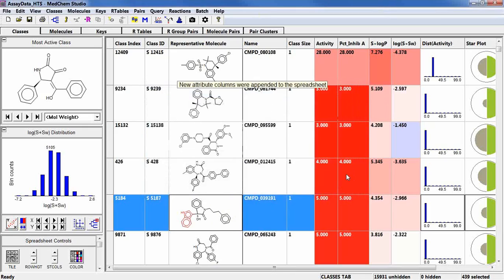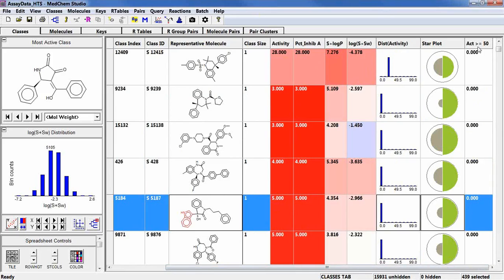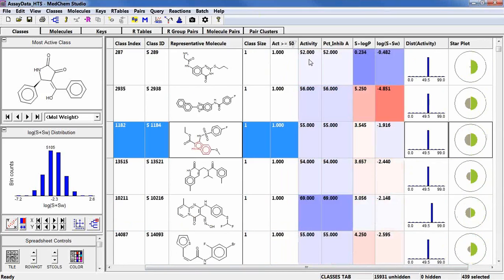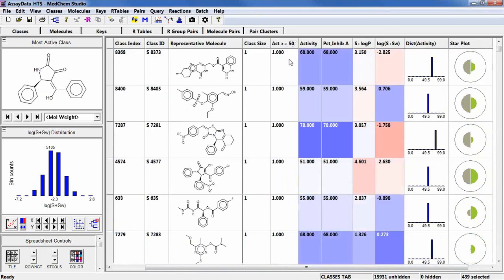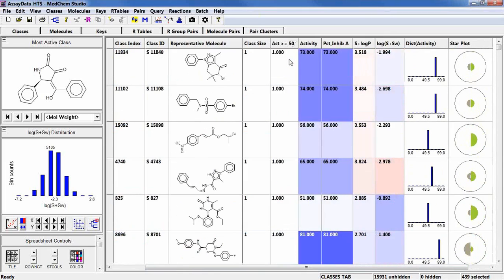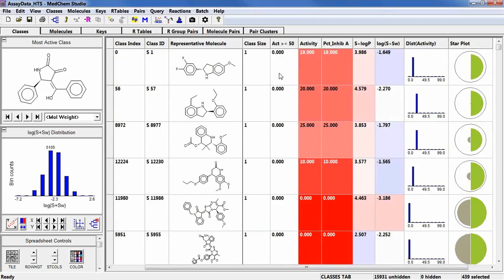And now it's going through and adding an indicator value to show whether the activity is greater than 50%. If it is, it puts a 1 into this column rather than a 0. And we'll see how this is used in a few minutes. It's kind of like a binary